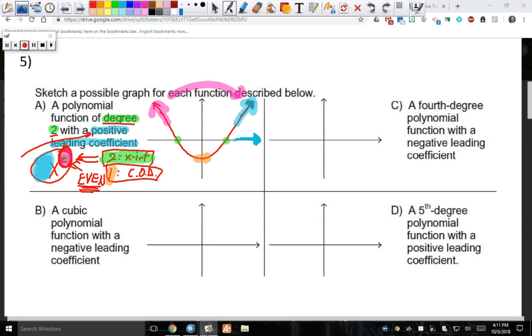The next one looks at a 4th degree polynomial. So it's going to be to the power of 4, and now it has a negative leading coefficient. Now I can have a negative 1, but I could also have a negative 3. It doesn't matter, just the fact that it's negative is what's important. Okay, so now let's